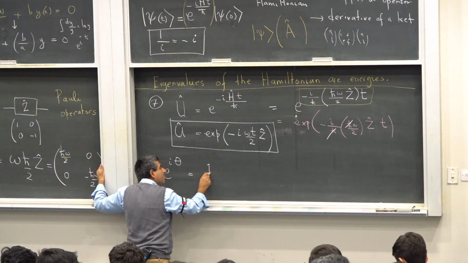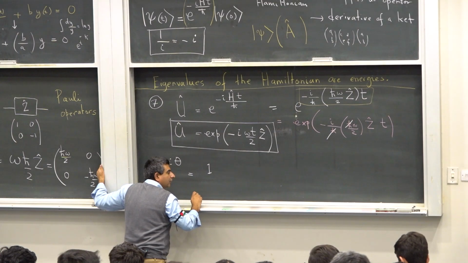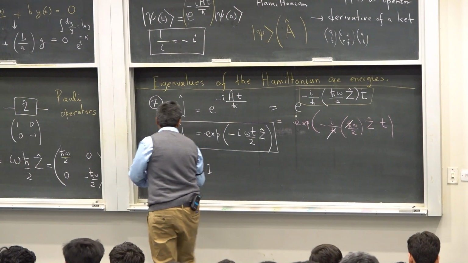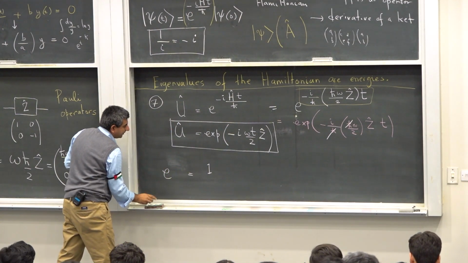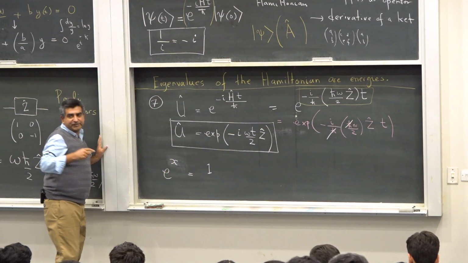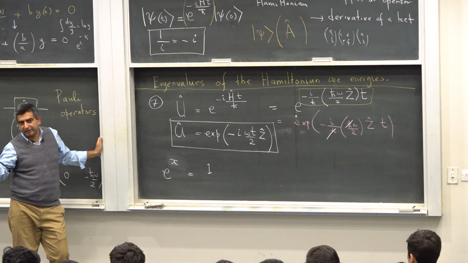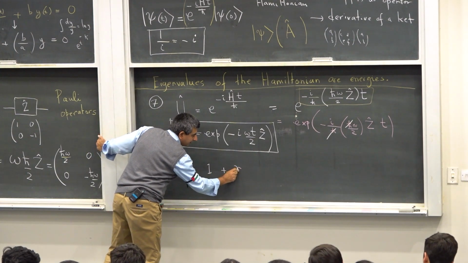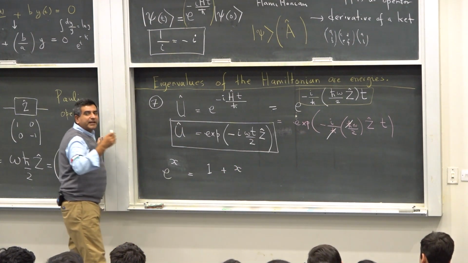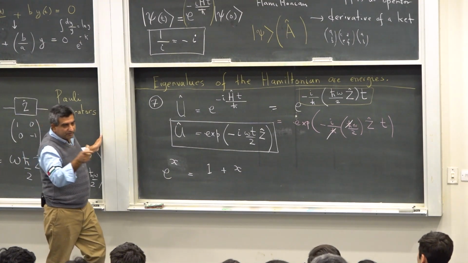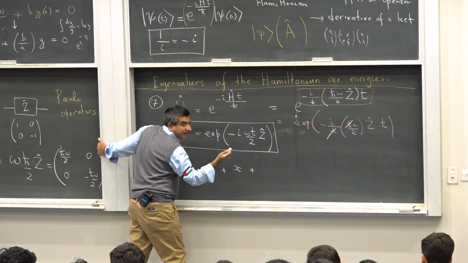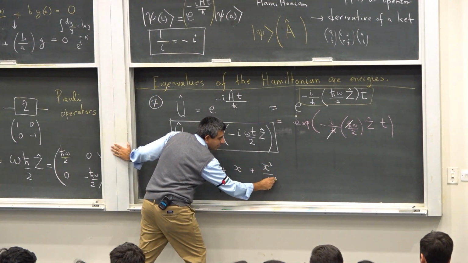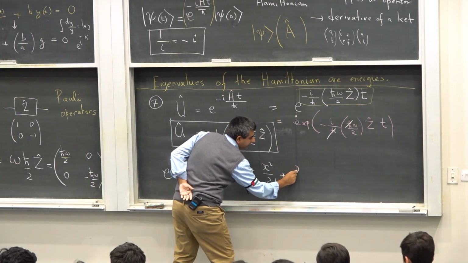So now for our problem at hand, which is a spin inside a z-pointing magnetic field, we already know what the Hamiltonian looks like. So this is e raised to minus iota over h bar, and my Hamiltonian is now given by h bar omega over 2 Z, into t. All of this is inside the exponent. This entire thing is inside the exponent, so don't be fooled by anything else. This is in the exponent.